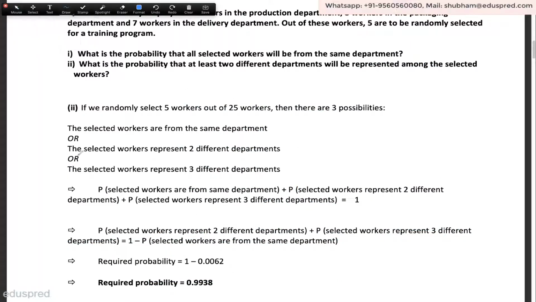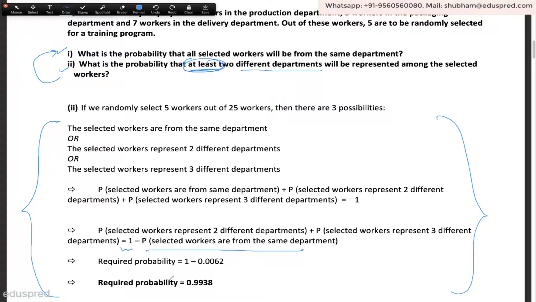They already made you do some calculations in the first part, and then they linked the second part to the first part. So if you are able to see things in this manner, then it will be a really straightforward question. And the hint in this question was "at least 2 different departments", because if you try to solve it in the direct manner by doing all the calculations, it would become really time consuming. So this is the preferred way. Whenever you see the word "at least", try to write things in a complement manner. Complement manner means try to write the required probability as 1 minus something. It would be easier that way. So that's it for this video.